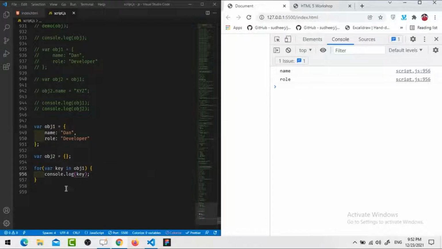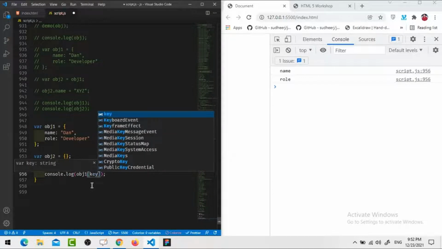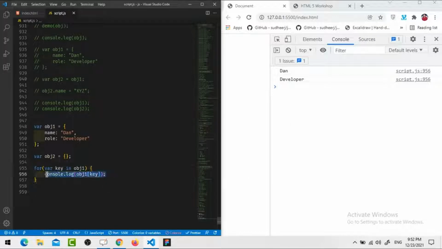So what if you want values? Can we write obj1 of key? We will be able to get that value. As you can see, we are able to access the property name as well as the value. So now we have to push those two things into obj2. Simply we can write obj2 of key, whatever key we have, and is equal to